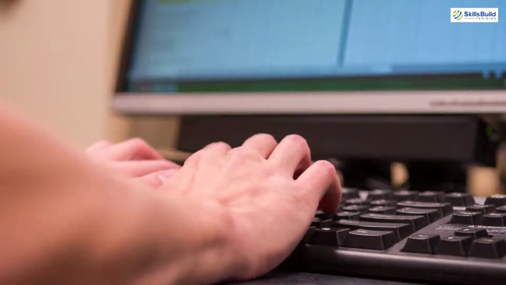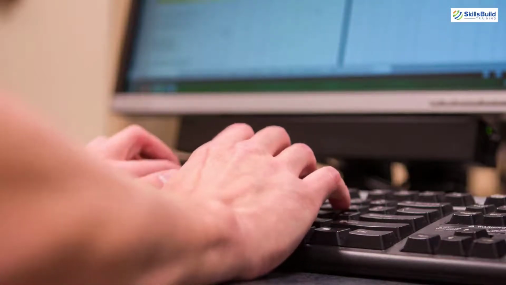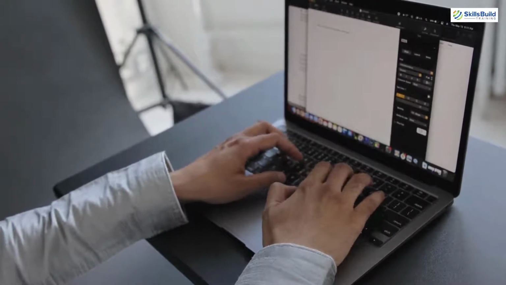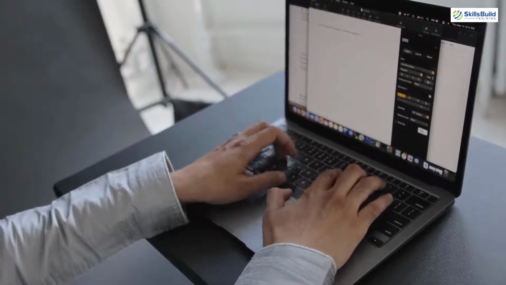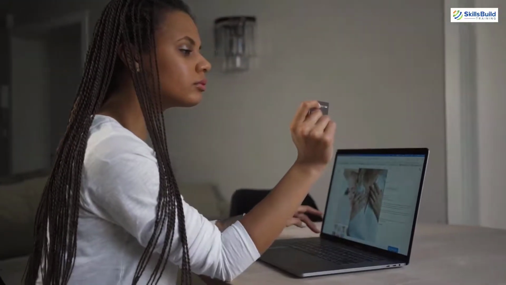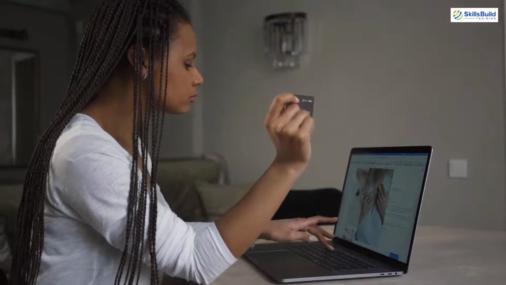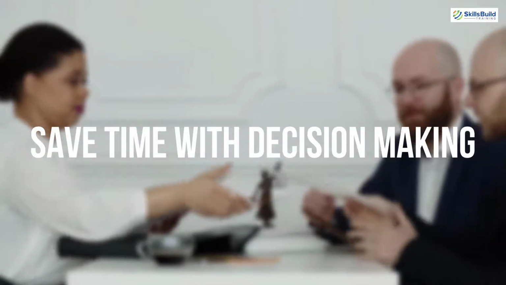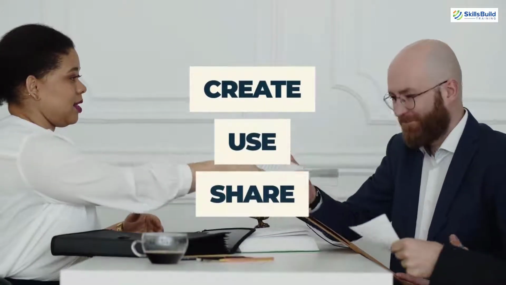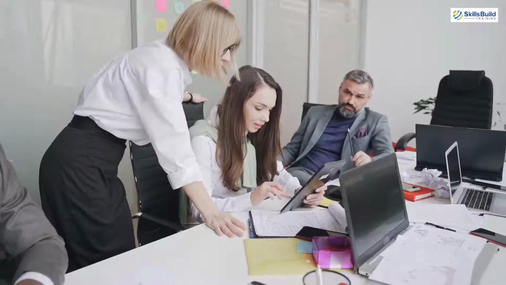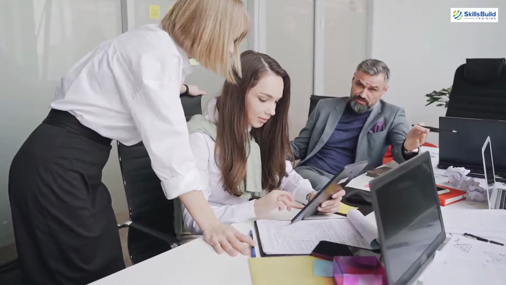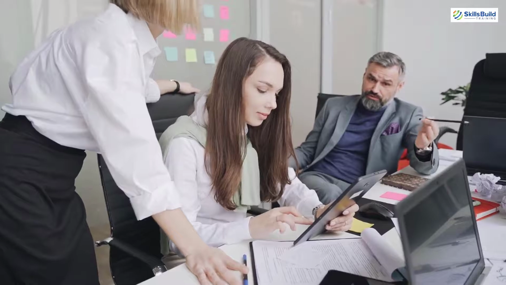Ensure people enter data consistently and follow the same steps every time by creating a business process flow. For example, you could create a business process flow for customer service requests or to require that people get approval for an invoice before submitting an order. It saves your time with decision making. Create, use, and share automated approval workflows to quickly respond to and process requests from time off and travel plans to documents and sales opportunities.